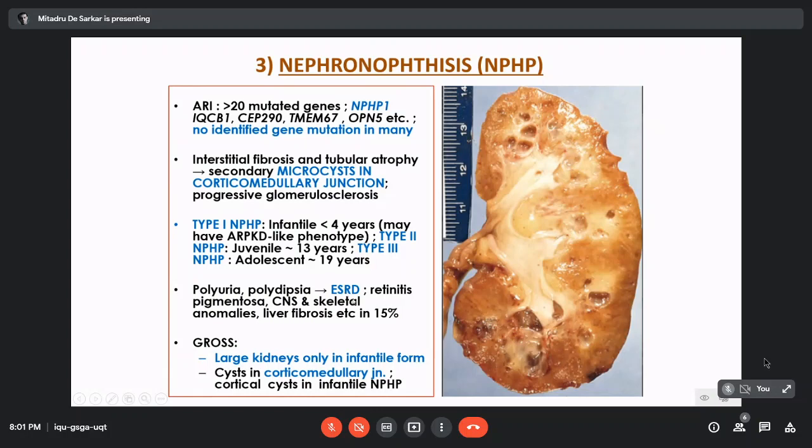A good number of these cases will be associated with syndromes, for example retinitis pigmentosa, etc. We'll be talking about this particular syndromic form subsequently. So what about the gross appearance? As I've said, the large multicystic kidneys will be seen only in the infantile form, whereas the type 2 and type 3 will present with normal or sometimes even small, granular contracted kidneys. And when you cut it up, you see that there are sometimes small cysts within the corticomedullary